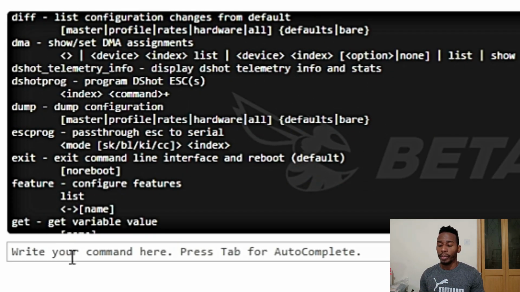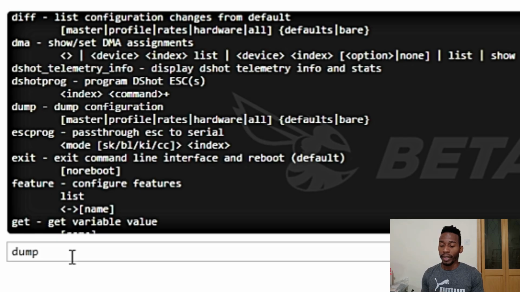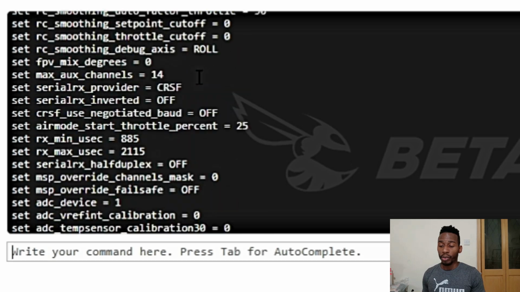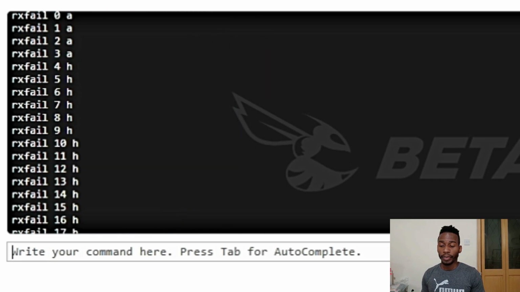So we'll be using the dump command if I want to dump all my configurations. Basically, I'll be making a preset. So if I want to make a preset of everything that I've saved on my drone right now, I can type in dump. It'll dump everything, it might take a little while. When I type in dump, it copies every single thing that is stored on my eMMC or the ROM of my flight controller. And what I have to do is simply scroll up